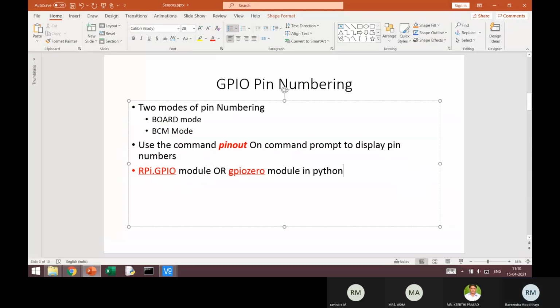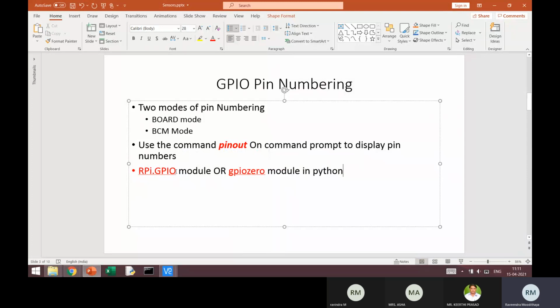This is one module. But there is another module which is very useful. In fact, it reduces your coding requirements drastically. It is called GPIO Zero, General Purpose IO Zero. There are already a few built-in modules in this, and I can access those very easily and make my devices operate in a very convenient manner. And the size of the code also reduces sharply, I'll say almost 50% compared to what this one uses. So these are the two modules that we'll be using.